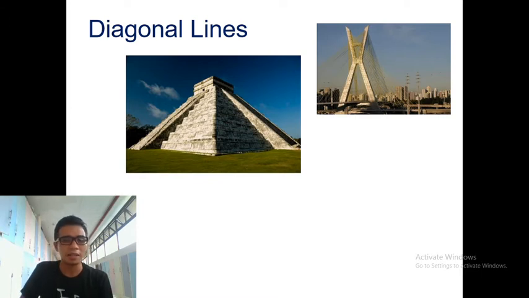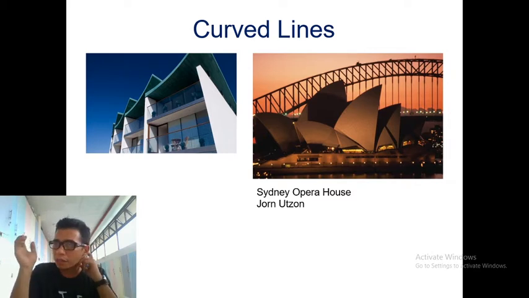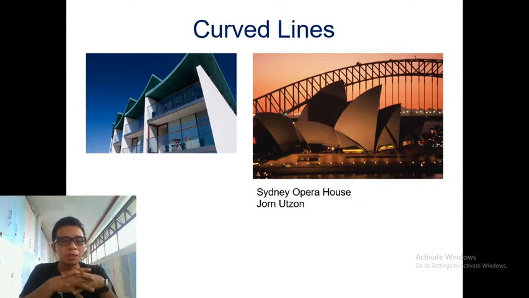Because diagonal lines represent movement, excitement, something like that. Because may movement doon, mga cars. Curve. When you go back to our discussion kanina, pag sinabing curve, natural, freedom. So, kaya makikita mo dito, I just don't know the exact name of the structure, pero kung isipin mo, this apartment here, yung roof niya, curved, no? Freedom,